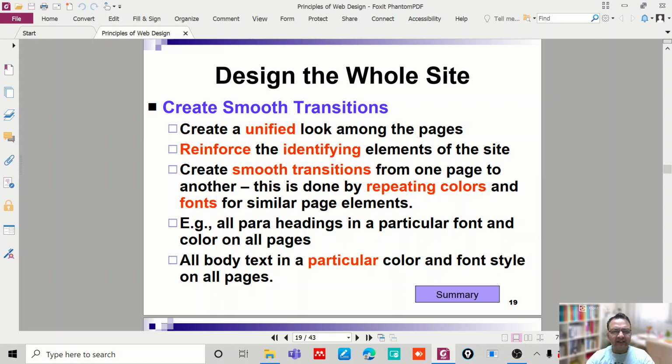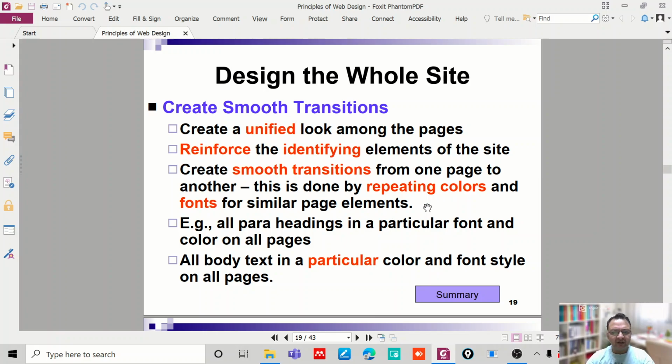So we need to create smoother transitions among the web pages. So it is necessary that we create a unified look among the web pages. We reinforce the identifying elements of the website, create smooth transitions from one page to another, and this is done by repeating colors and fonts for similar page elements.